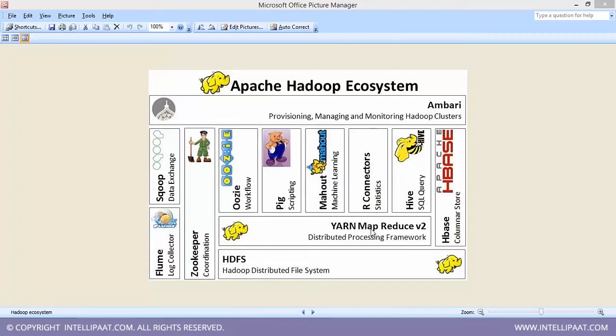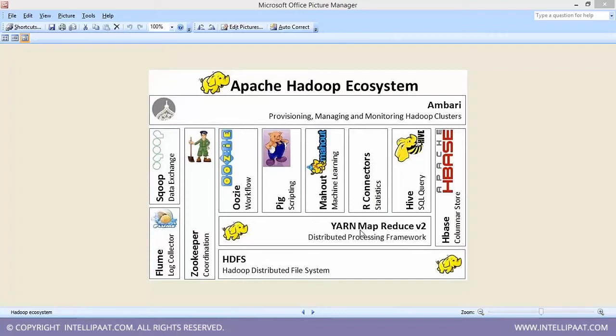So whatever data we are getting out of big data analytics, we can feed that data to machine learning. Also, we can use the services of R by connecting it, and we can do various R functionality easily on the data sets.